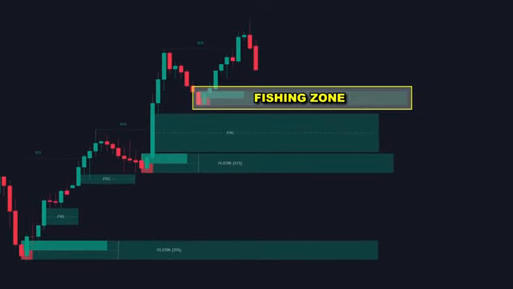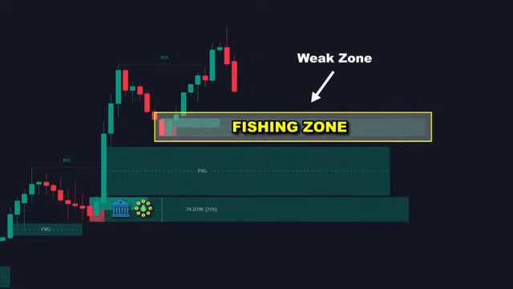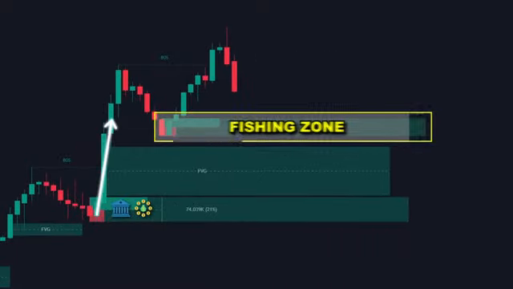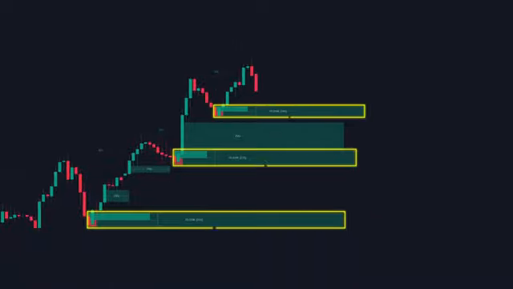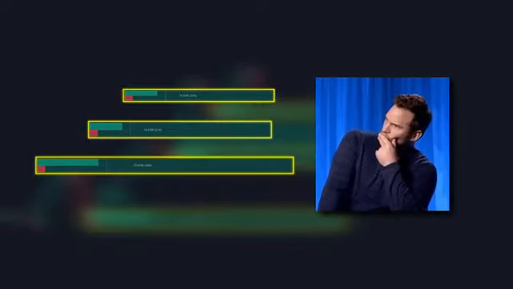Between the remaining zones, instead of picking the lowest one, we analyze which zone demonstrated real strength. The true zone is the one that generated the most powerful breakout move. This shows genuine institutional buying power behind it. This fishing strategy works because we let retail traders get hooked in weak zones while we position ourselves where institutional money is actually flowing. Remember, every time you see multiple zones on your chart, ask yourself, which one is the fishing zone and which one has real institutional backing?